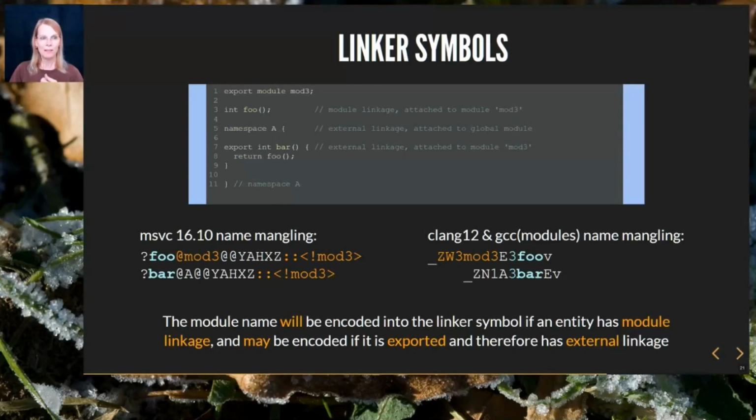This is another instance where the module name actually has kind of a meaning. Symbols formed from exported names may be distinguishable, but they don't have to be. So the module name may be part of the mangled symbol name, or it may not.